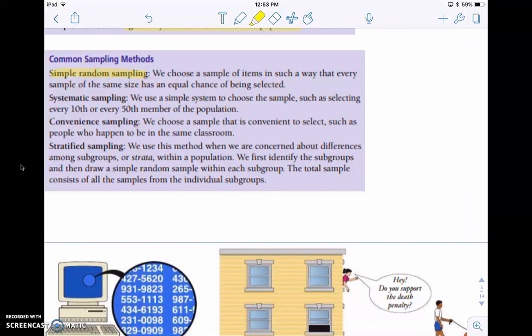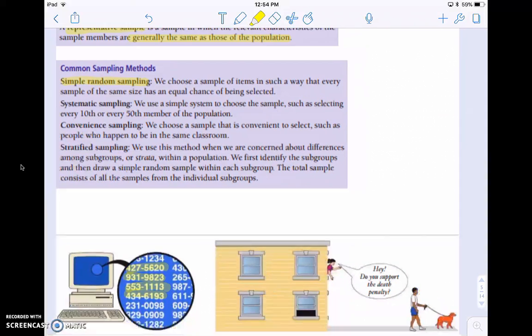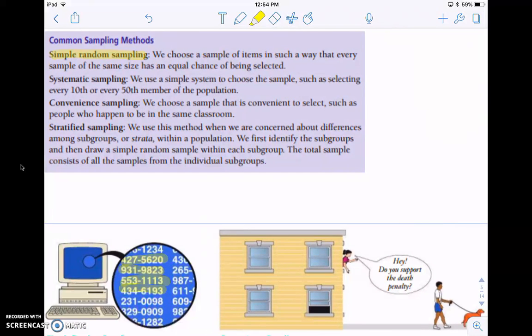And we're completely randomizing everything, so everyone has an equal opportunity to participate from that population. It's not always the easiest thing to do. A lot of ways it's done is just kind of in a computer. A lot of times, taking phone numbers and then assigning each phone number and having a computer randomly select, and you call and talk to those people. You don't know who's going to be on the other end. So that's what we call simple random sampling. Again, usually the most preferred, but very difficult in a lot of cases to do that.